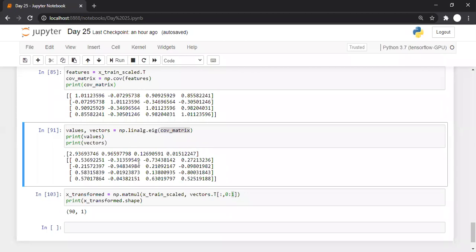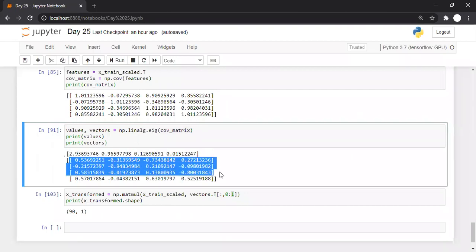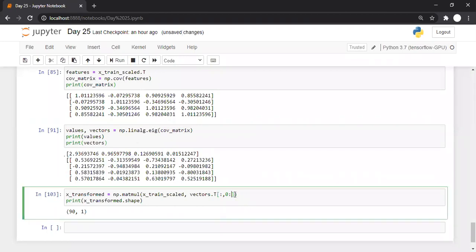So if you want the two most important components, you go with the first two eigenvectors. If you want three most important components, we go with the three highest eigenvalues, that is the top three eigenvectors.